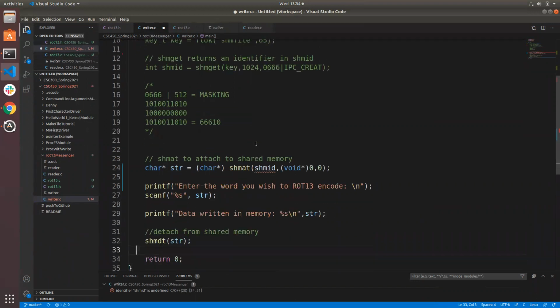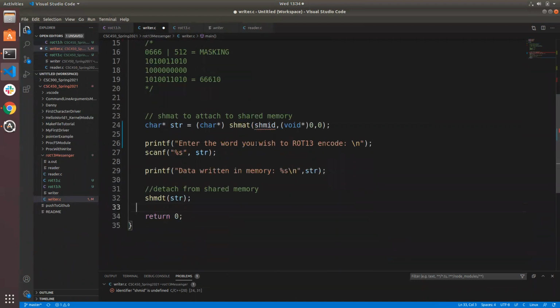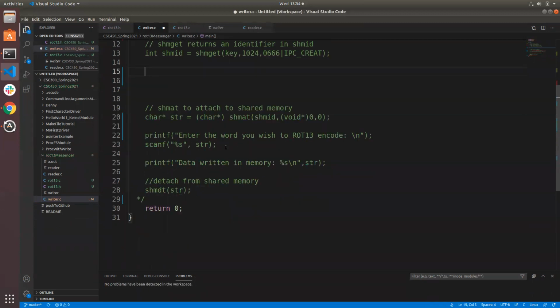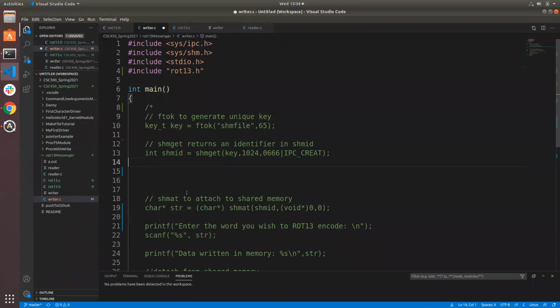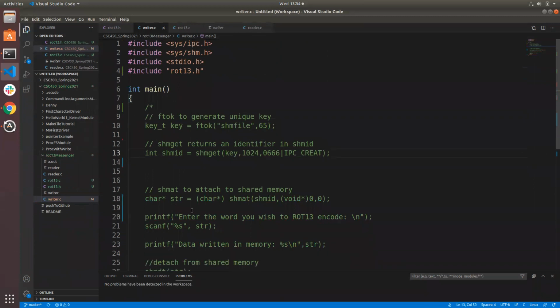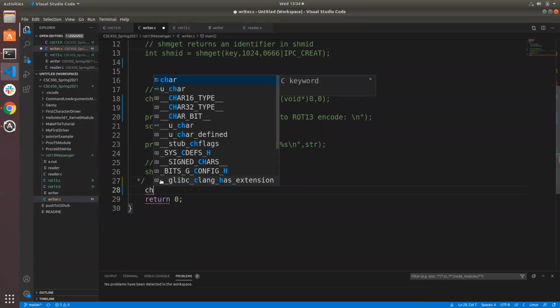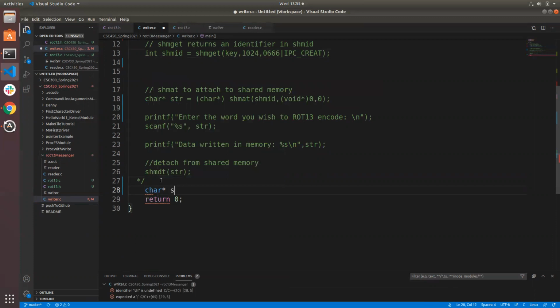That should be right, because of these other closing ones that are in here. All right, and then what we'll do in here is something like char pointer s is equal to